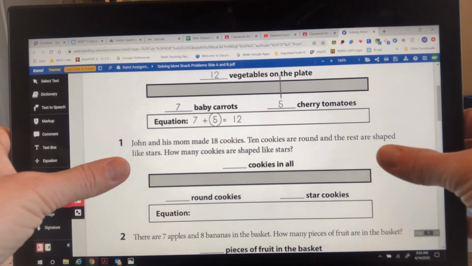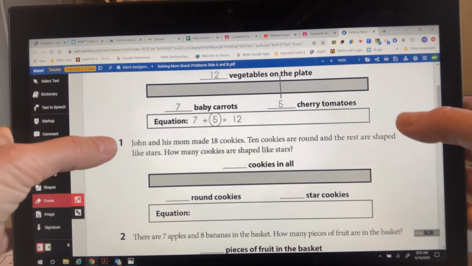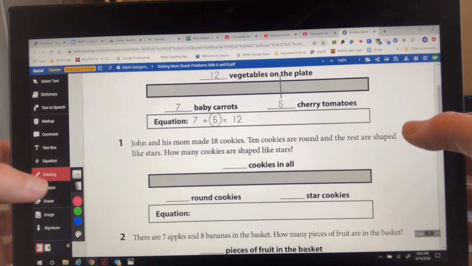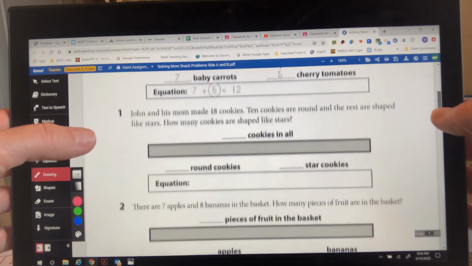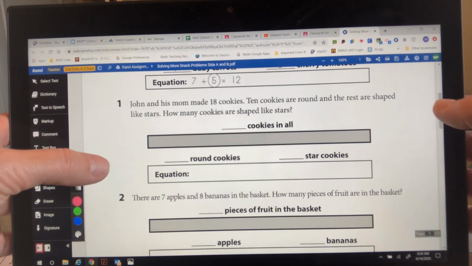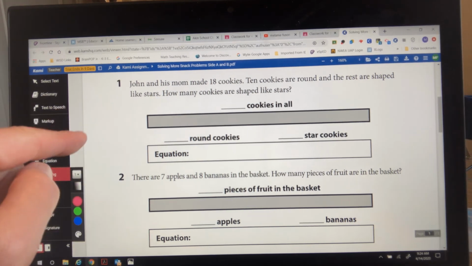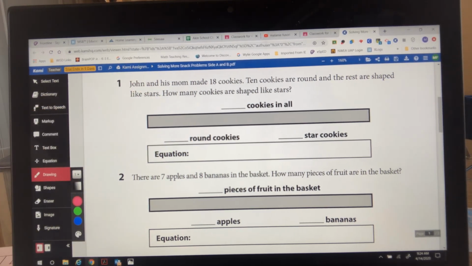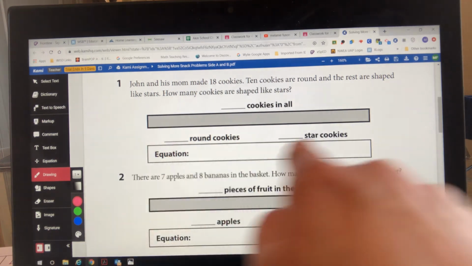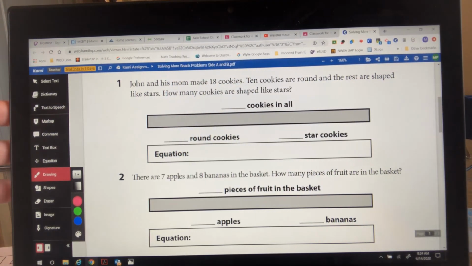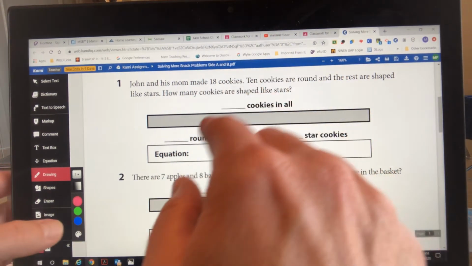So I'm going to be walking you through that thinking, modeling it out loud for you. That way when you get to the other side, side B, you'll be able to do that on your own. We do not have to draw a strip diagram out to the side because our part-whole is like a strip diagram. We've got the whole and the two parts. Are we ready? It says John and his mom